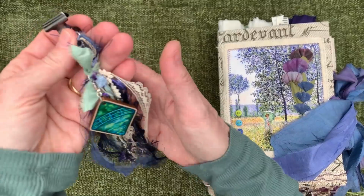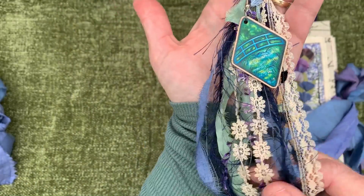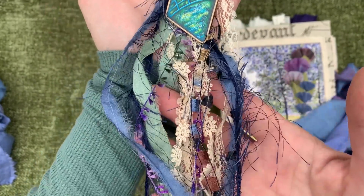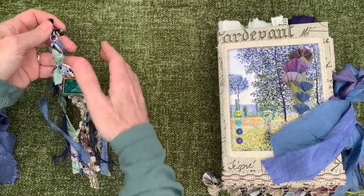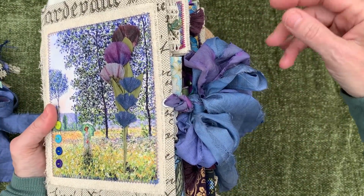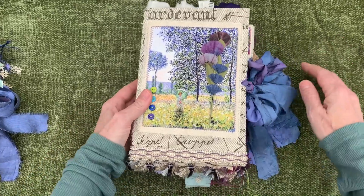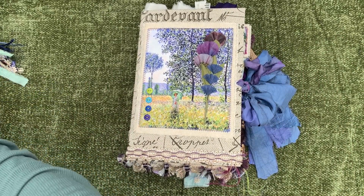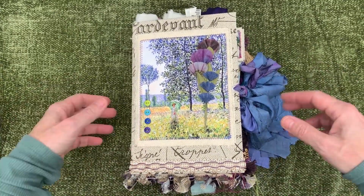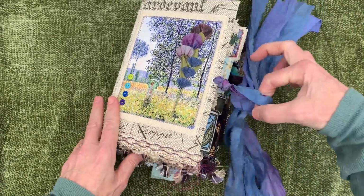For the tassel, I did what I did for Van Gogh. I actually bought them at the same time and bought earrings from an Etsy shop. I'm sure if you type in Monet earrings or Van Gogh earrings, you can find the shop without a problem. Lots of fun Monet type fibers. And I just loved the sari. This all came off the same skein, and one end of it was purpley, and it just captured all those different shades. I honestly thought that Monet would be a teal or aqua colored primarily, and when I started going through all of the images to see what I wanted to do with the covers and the sari, I realized he needed to be purple and blue, maybe a little periwinkle in there. So,